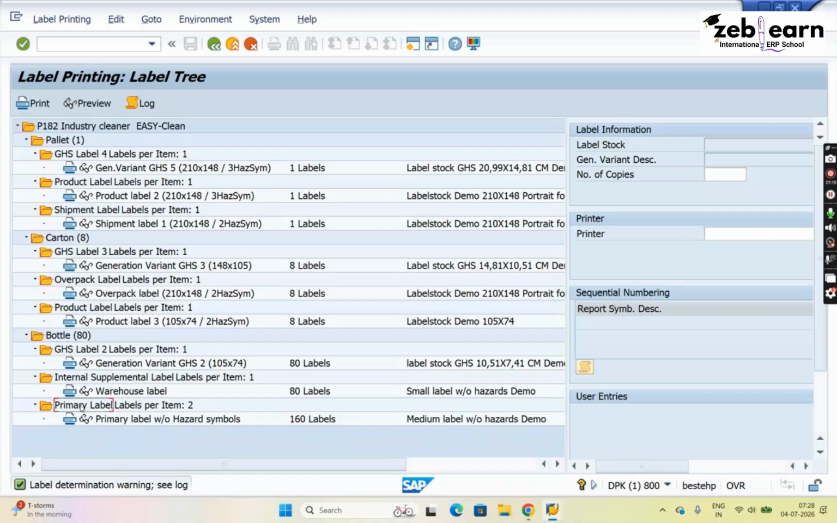Primary label, you are displaying internal supplemental label and GHS label. These are the three different labels you are displaying on a bottle. Yeah, more than one label also you can display. It is not mandatory that only one label you have to display. You can display more than one. So on every bottle, they are displaying one GHS label, one internal supplemental label, and two, see here, two primary